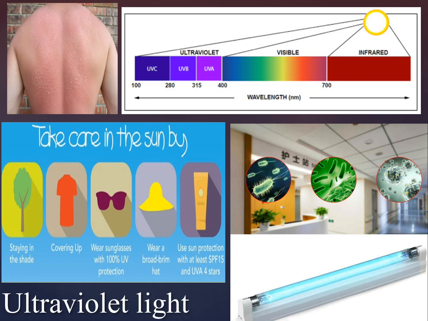Let's talk about the bad effects first. Ultraviolet light can cause sunburns, skin cancer, and wrinkles, and could damage your eyes. But you can protect yourself by using sunscreen and wearing sunglasses. Wearing hats, long-sleeved shirts, and long pants can protect you too. This is also important even if the day is very cloudy, because ultraviolet light can travel through clouds too.